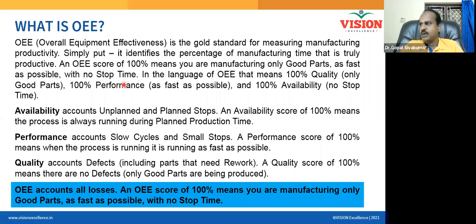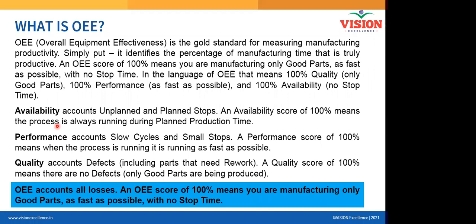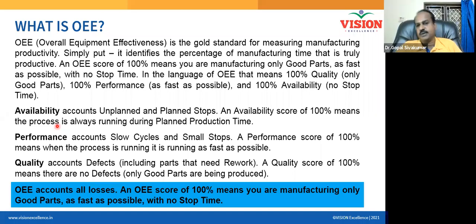So OEE means overall equipment effectiveness. Overall equipment effectiveness accounts for all forms of losses that can happen in a factory environment. The first form of loss is availability. If equipment is not available, that is a loss. How many of you understand? If an equipment is not available for productive work, that should be considered as a loss. Am I correct with my English? Yes, sir. The equipment is not available, so the company is losing money.